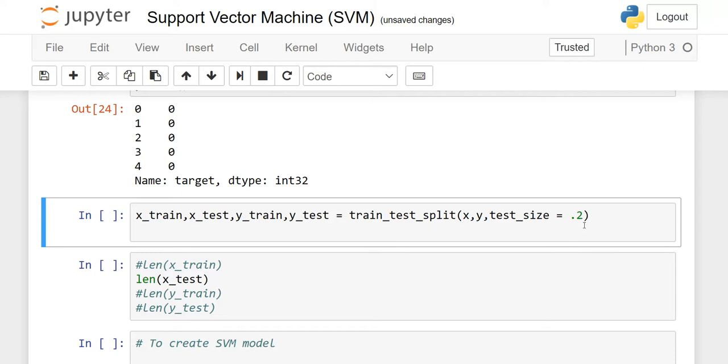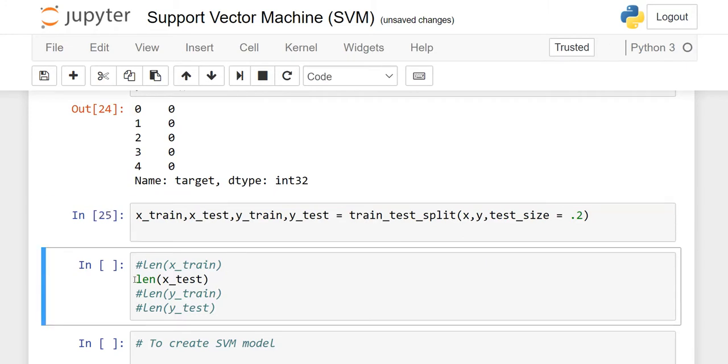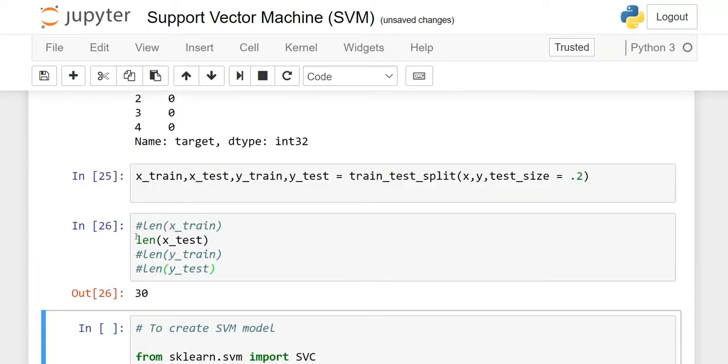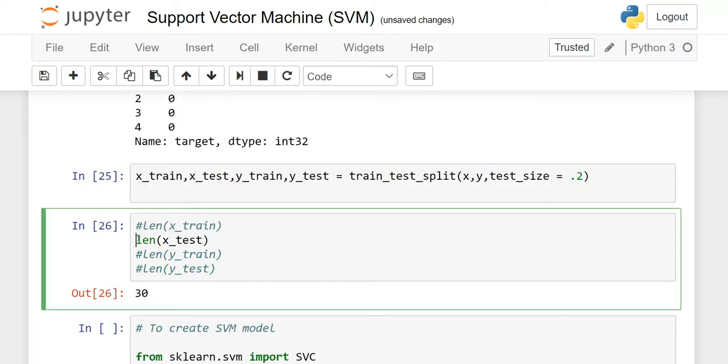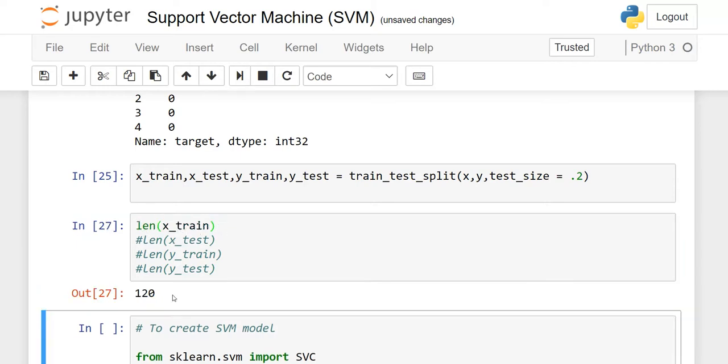On 150 records, 20% I said I want to test, remaining 80% for training, and it will give this output. When I execute it, it will execute successfully. Here, length of X test, right? I will show you two, then you can apply this, run these two. So when I execute it, test means 150 are the records, 20% of 150, which is 30. So on 30 records we are going to apply our testing, and then 120 we are going to train our